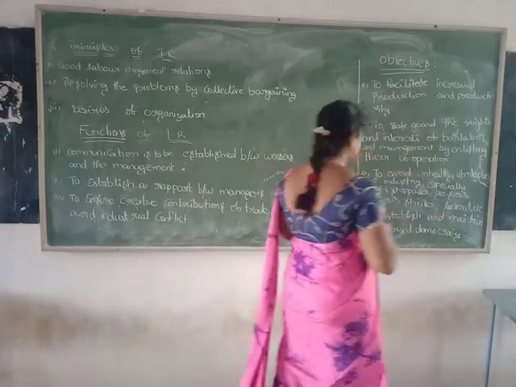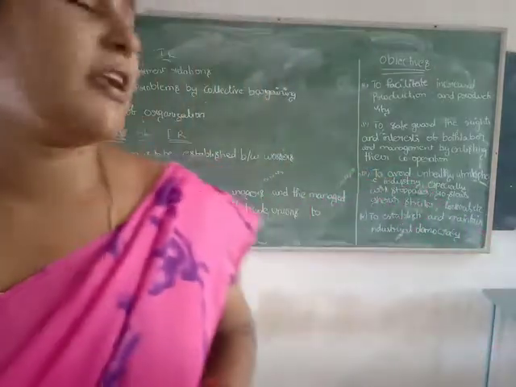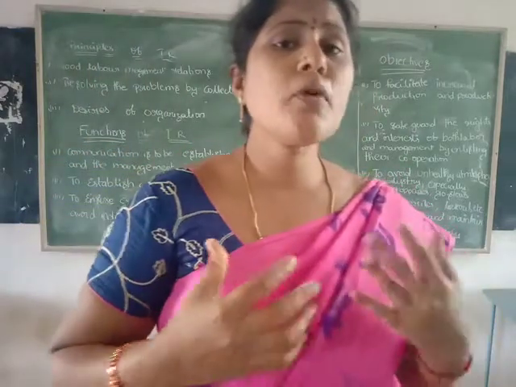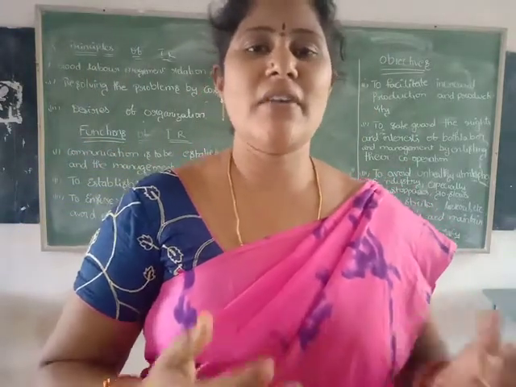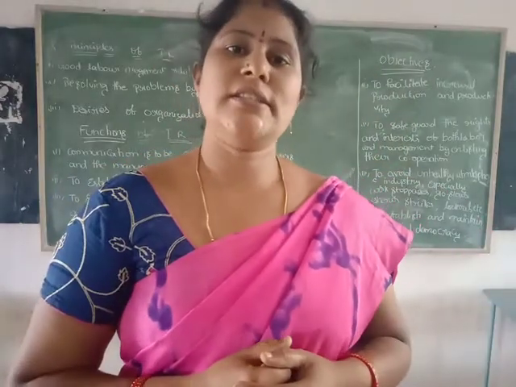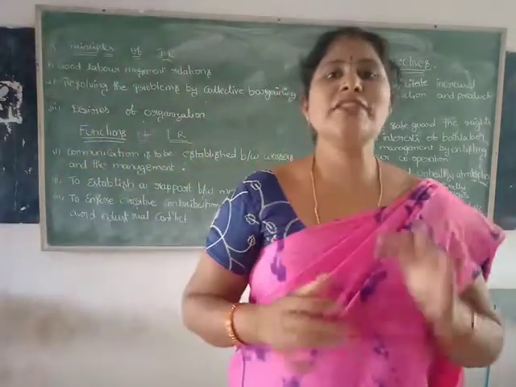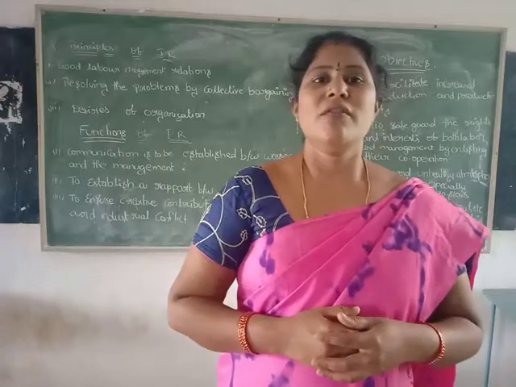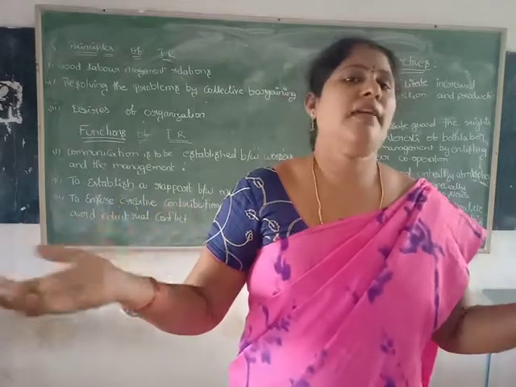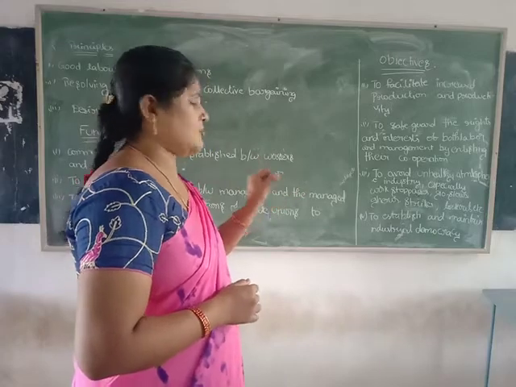And also one more objective is to establish and maintain industrial democracy. To establish and maintain industrial democracy means the management has to maintain industrial democracy. Democracy country means, here our India is a democratic country. Democracy country means where we have freedom. We can go, we can move. Not now in this COVID-19 situation, but generally we can talk, we can say whatever we like, and go wherever we are interested. Like that, to establish and maintain industrial democracy.